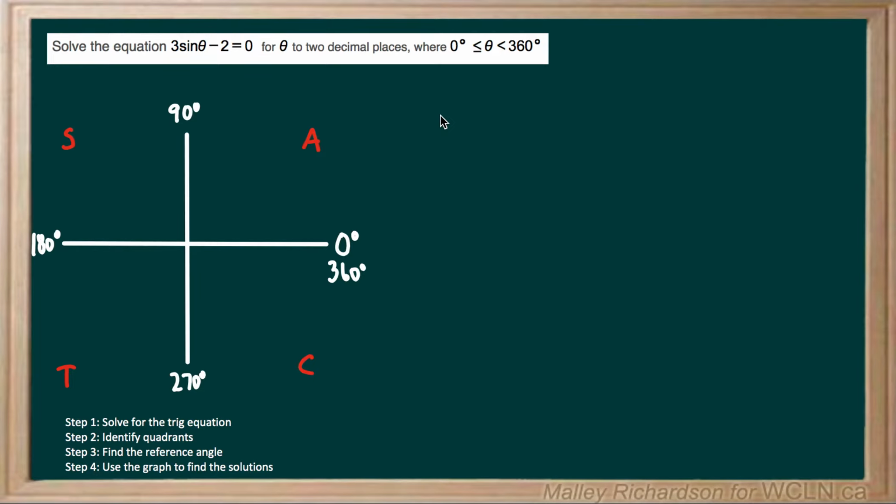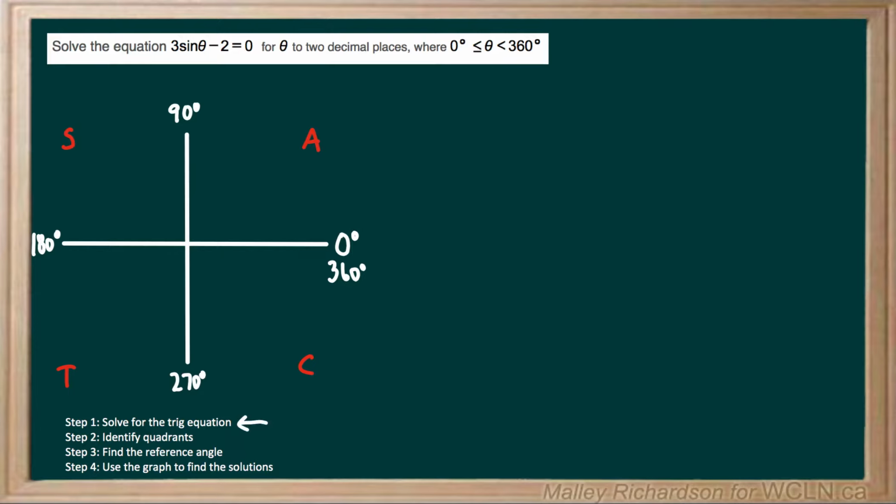Solve the equation 3 sine theta minus 2 equals 0 for theta to two decimal places, where theta is greater than 0 but less than 360 degrees. To solve this problem, we want to use our 4 steps below, where our first step is to solve for